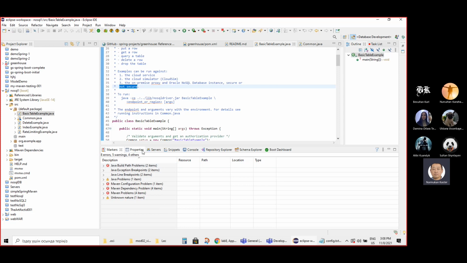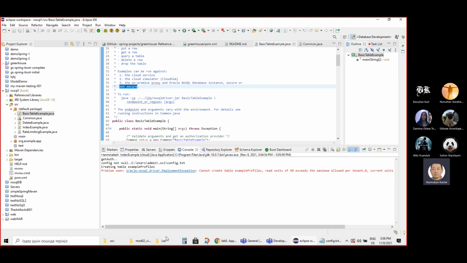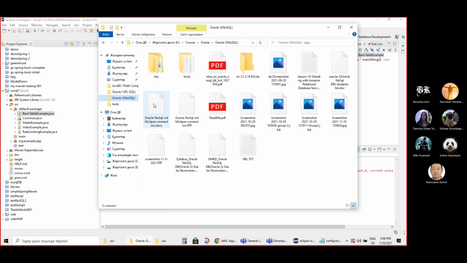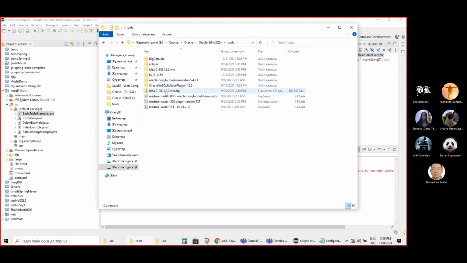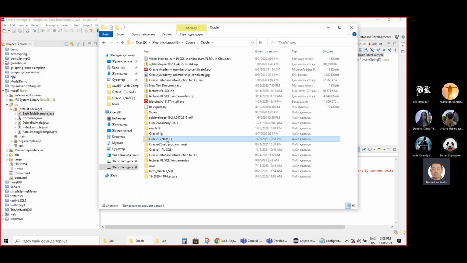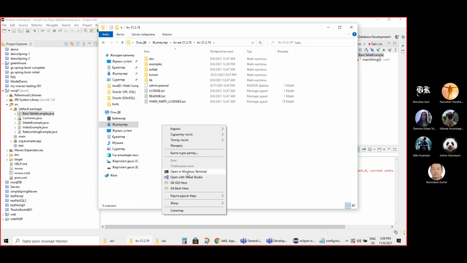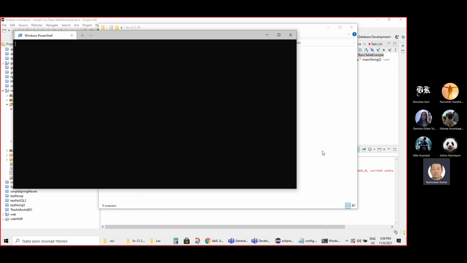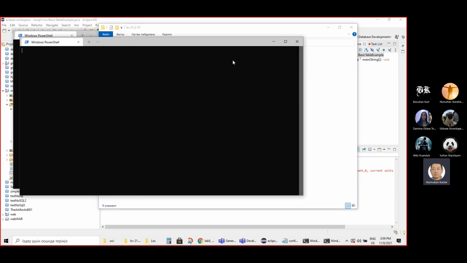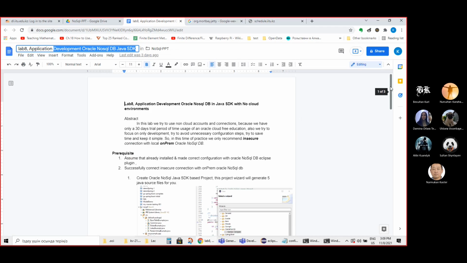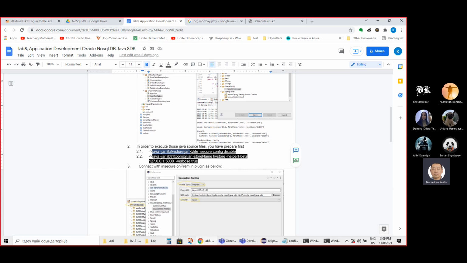Then, in order to run this third option, I have to run my local NoSQL local connection. Actually, I need two of them. One for the NoSQL service for testing, and another for the proxy. So first of all, I need to run